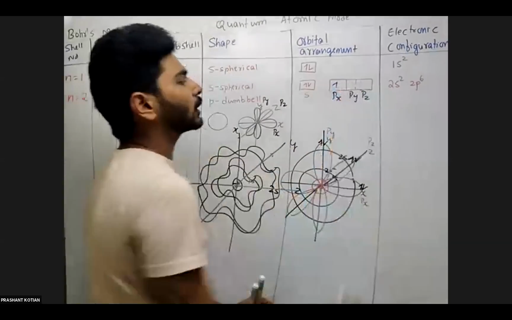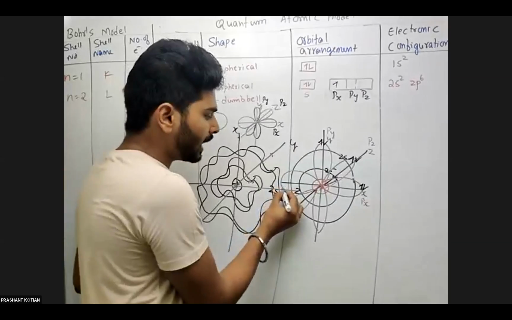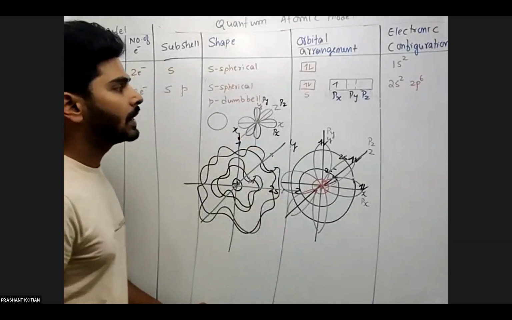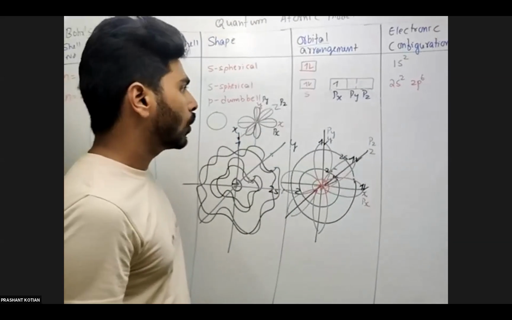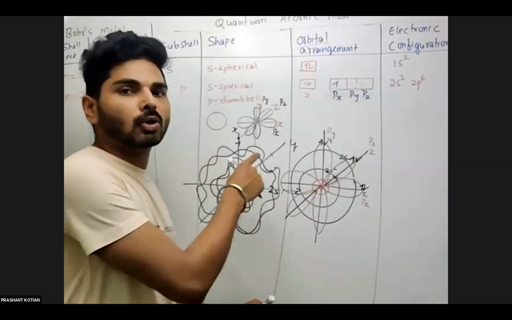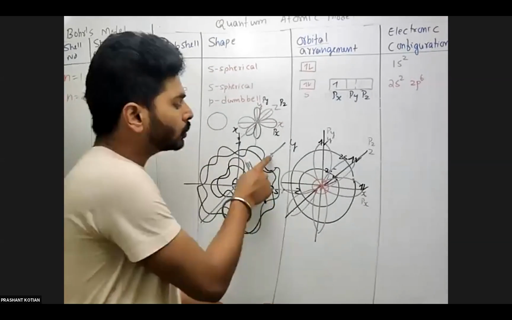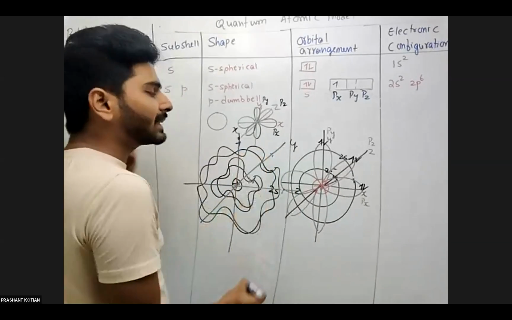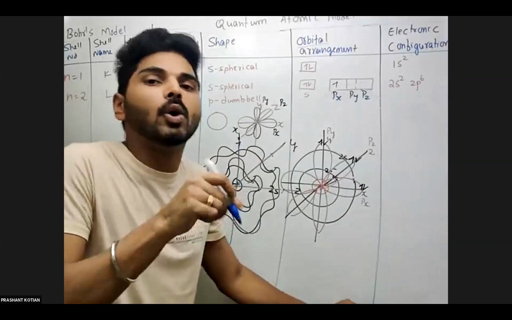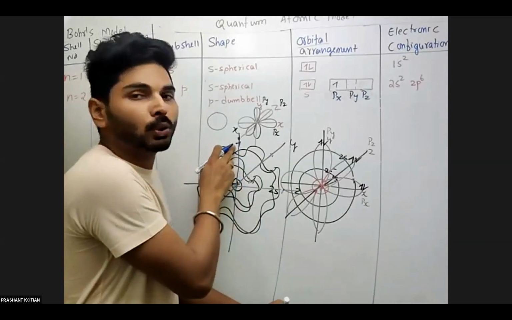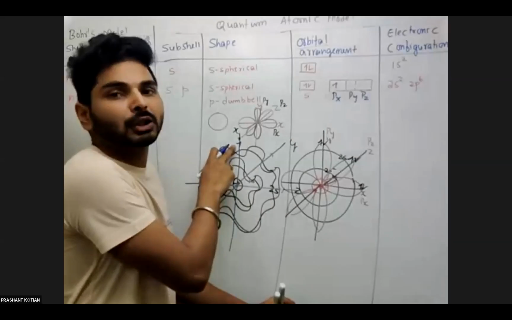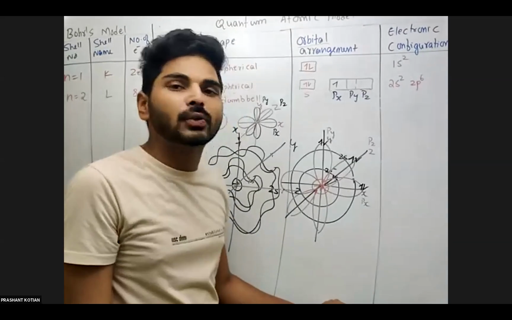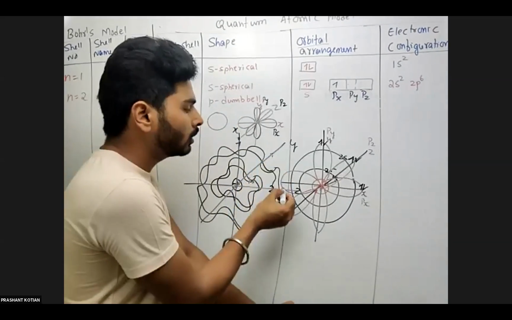Let us say I filled one electron here. Now, once I fill the electron over here, let us say x I consider. So once I filled one electron here, now the 6th electron won't go to the same axis. It will go to the other 2 possible axes. Why? Because if it is going to the same axis, then what it has to do? It has to reorient. Reorient means it has to rotate opposite to the direction of the existing electron. This is some sort of restriction. So that's why the electron will go to another possible axis.